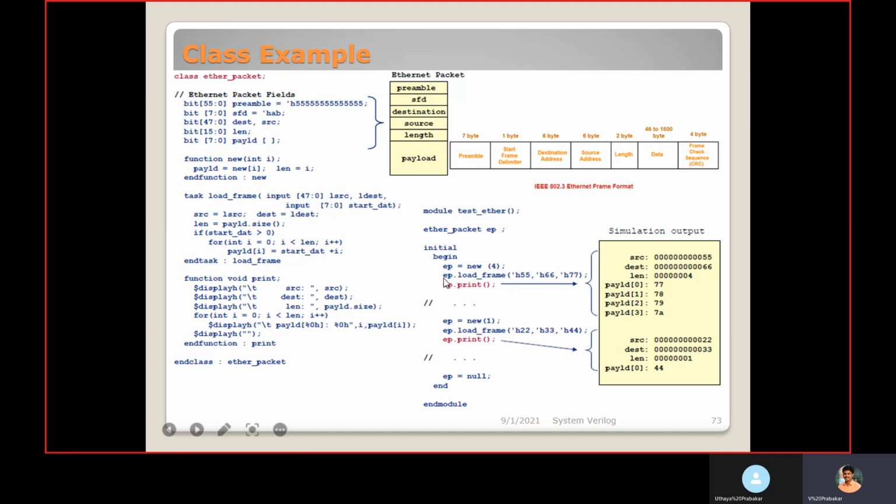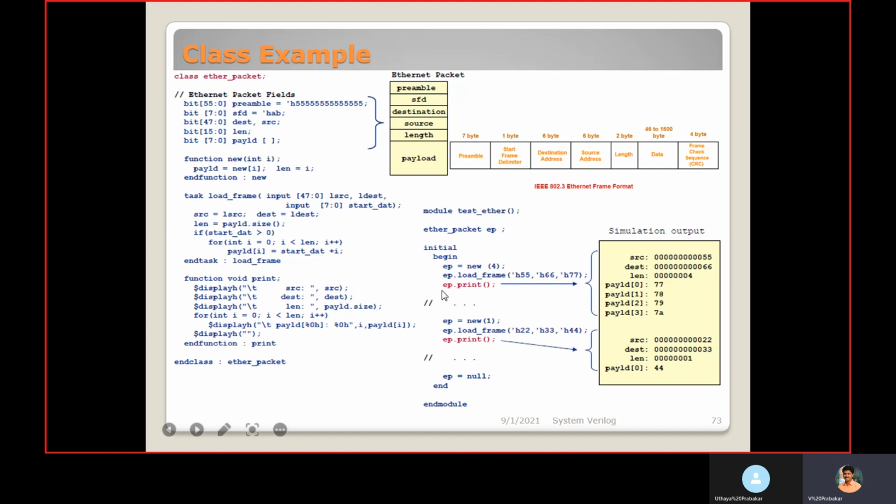I call it with this handle, EP.load_frame. Here we have 3 arguments: l_src, l_dest, then start_data. Here 55 is assigned to source, 66 to destination, and 77 to start data.